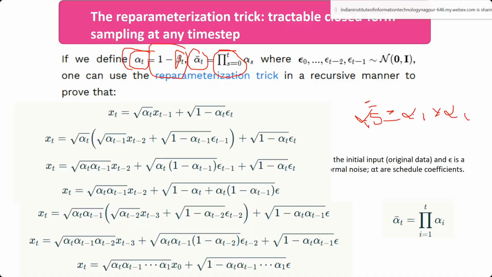So what I will do, I will take alpha 1, alpha 2, alpha 3. What is alpha? Alpha t is 1 minus beta t. So alpha 1 is 1 minus beta 1, alpha 2 is 1 minus beta 2, alpha 3 is 1 minus beta 3. And if I want to get alpha bar, so my concern is this alpha bar. Now in the diffusion process, instead of working with the beta parameter, I will be working with the alpha bar parameter. What is alpha bar? It is the cumulative product of all alphas